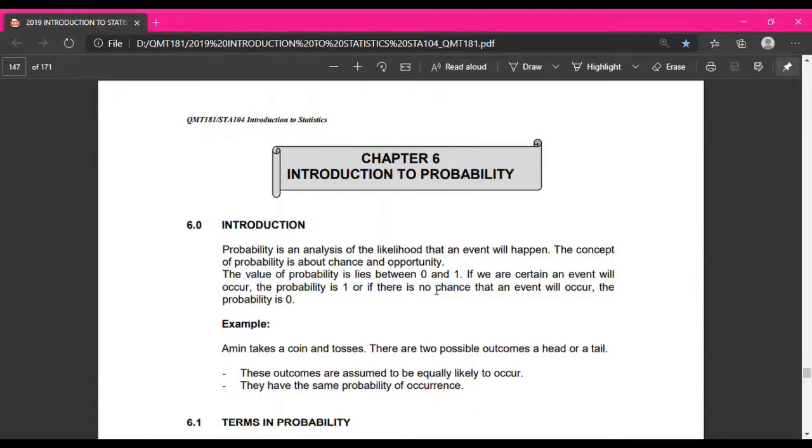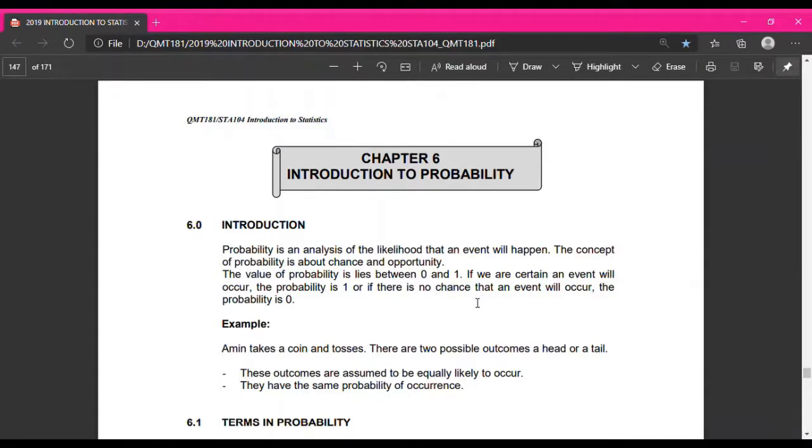If we are certain an event will occur, the probability is 1. Kalau kita confirm that an event will happen, then the probability is 1. Kita betul-betul confirm. Kita confirm that today will be rain. So the probability is 1. Okay, so kalau kita ragu-ragu, so kita akan adalah dia punya probability that event will occur will be 90% ke 80% ke. Okay, it depends pada the chances.